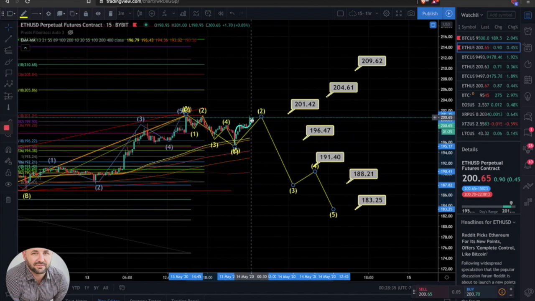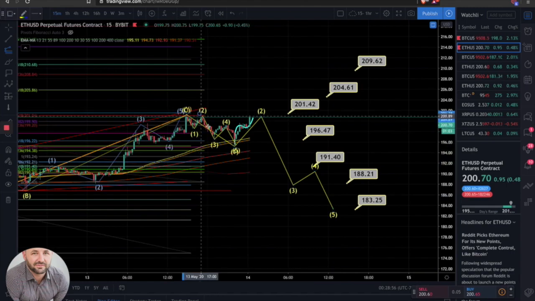Now, obviously, if this goes any higher and it breaks the beginning of wave 1, then this can't be a wave 1. Wave 2 can basically come up and max out to where it's at, but it cannot break the start of wave 1. And then if we pulled some fibs for the downside,